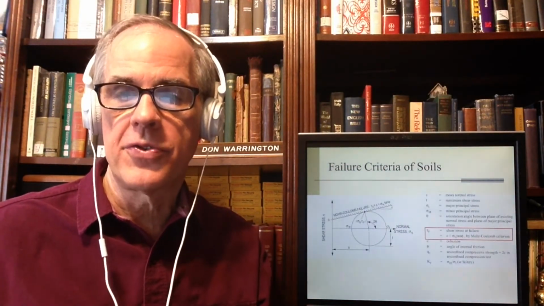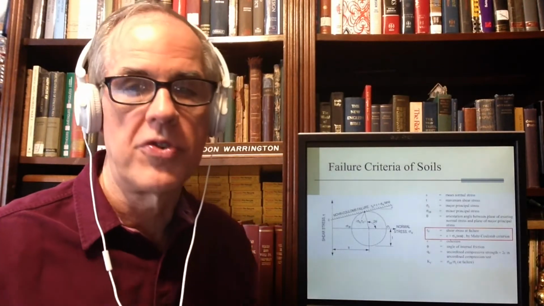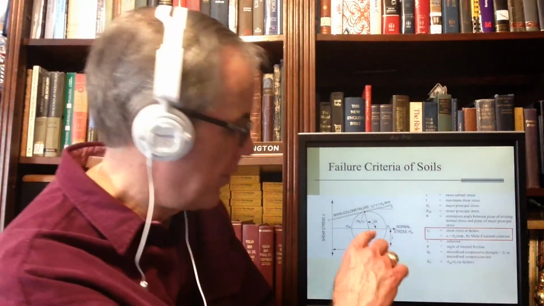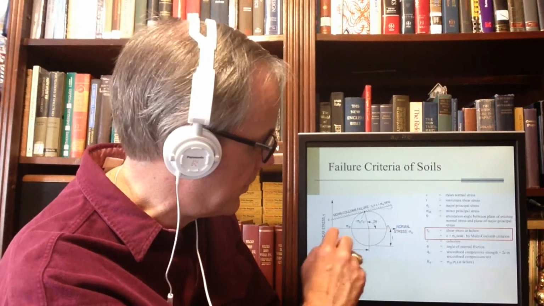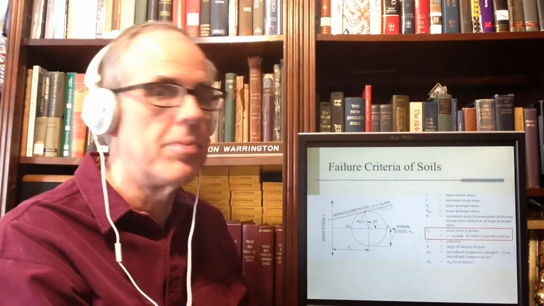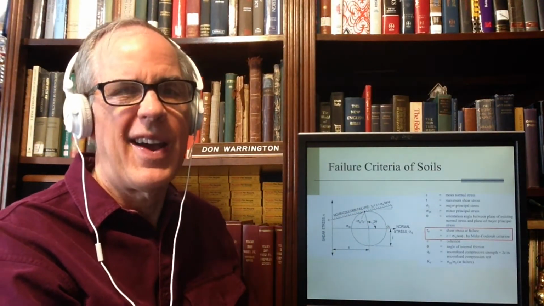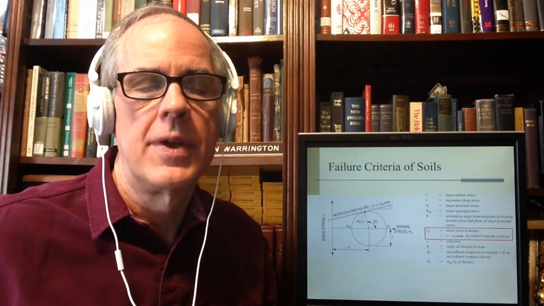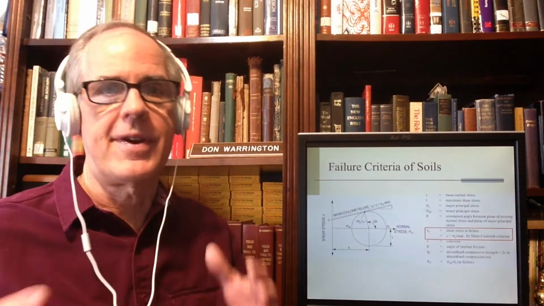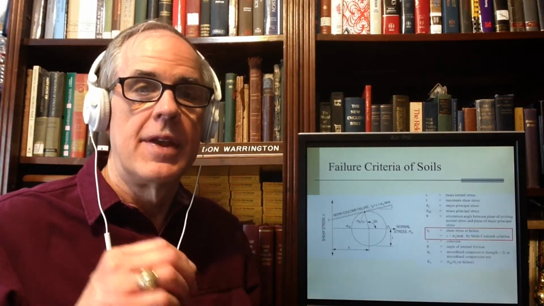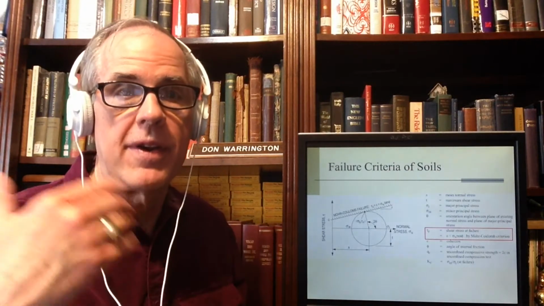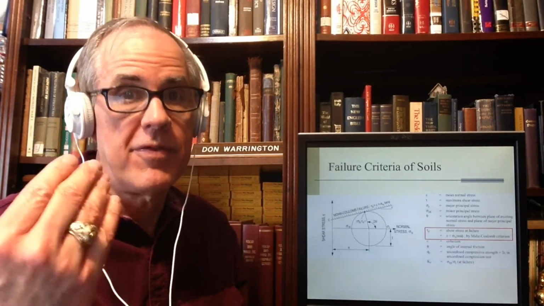The failure criteria of soils is like this. If we take Mohr's circle, and again you see the Roman numerals for the principal stresses, if we have two principal stresses, it'll create a Mohr circle. And any stress around the circle is actually applied to it. Somewhere out there, if we get failure, we get to the point where this circle is so big, basically, just to cut to the chase, that somewhere in here it crosses the line. The soil crosses the line and experiences failure, at least at that point. If enough soil crosses the line,